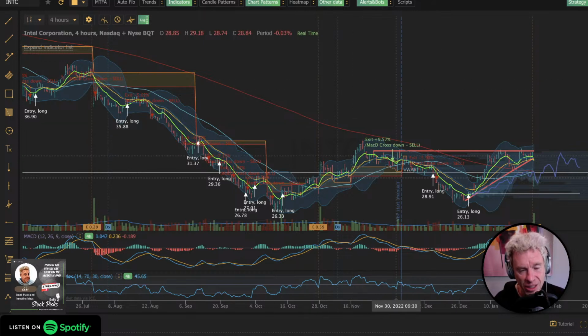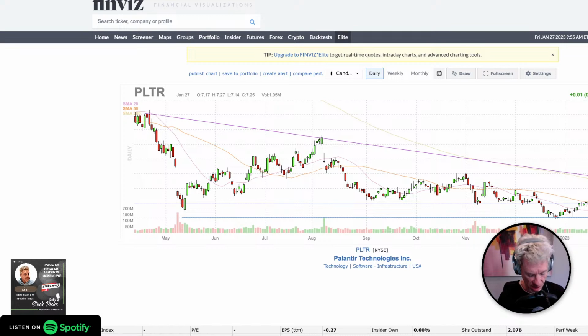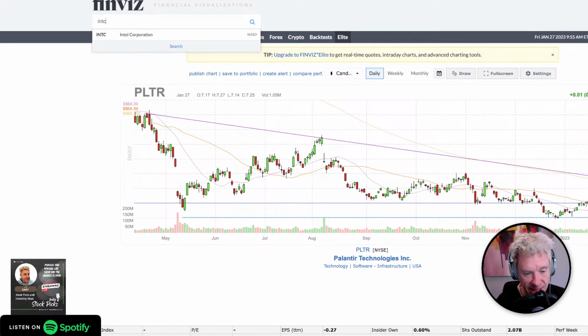Intel's an interesting one because with all the other chips, they were just moving in this ascending triangle, and then you broke it right under the 200-day. So you were in at 26.13, and today you're at 27.65. I think you head back to these lows at 26 something. I think if you get into Intel, you can see the double bottom here. If we just pull up Intel here, the problem is their technology sucks.